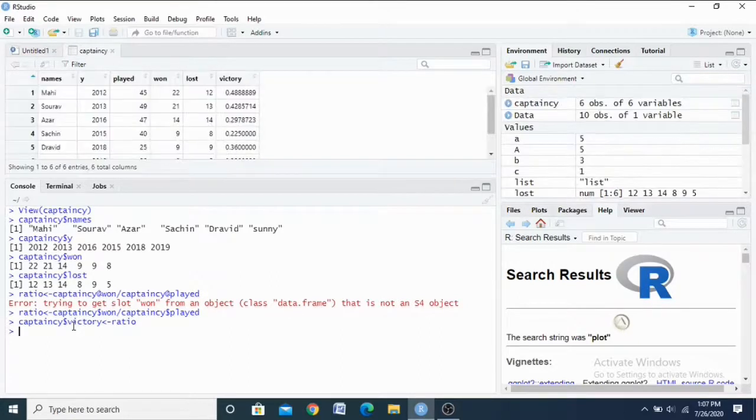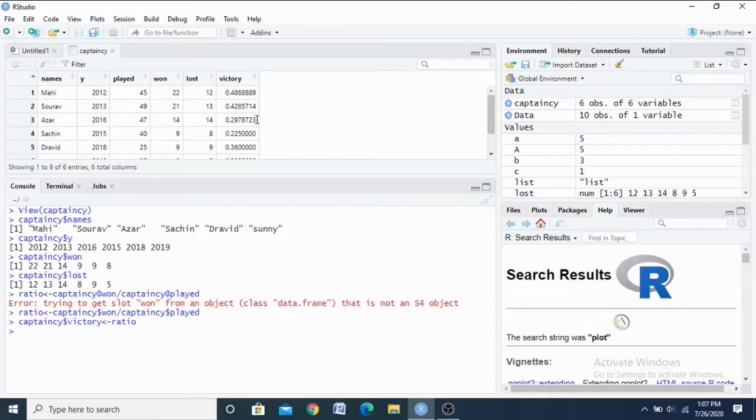So the ratio value will be assigned. Automatically this line will be executed. Then in this workspace, the column will be included at the last. So the victory column will be included here. Then if you want to see, you can see this.